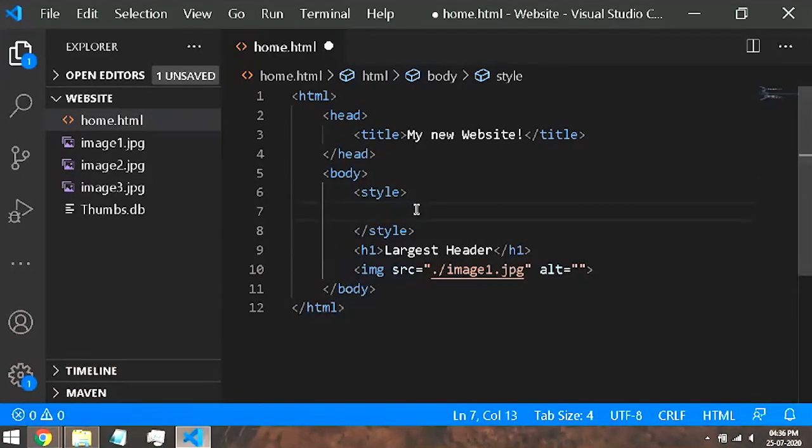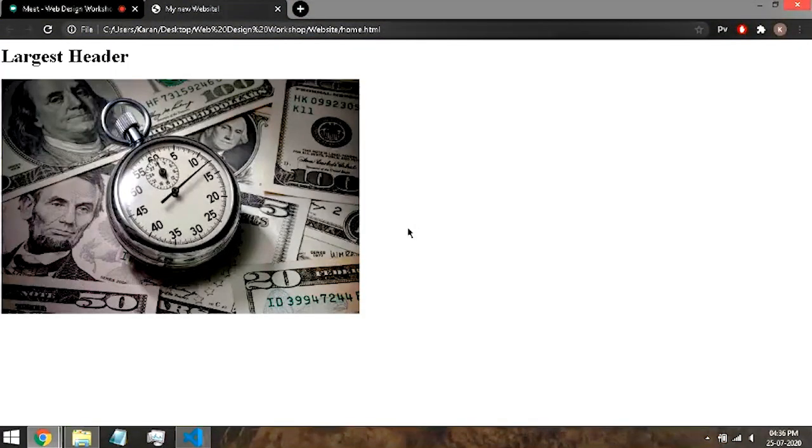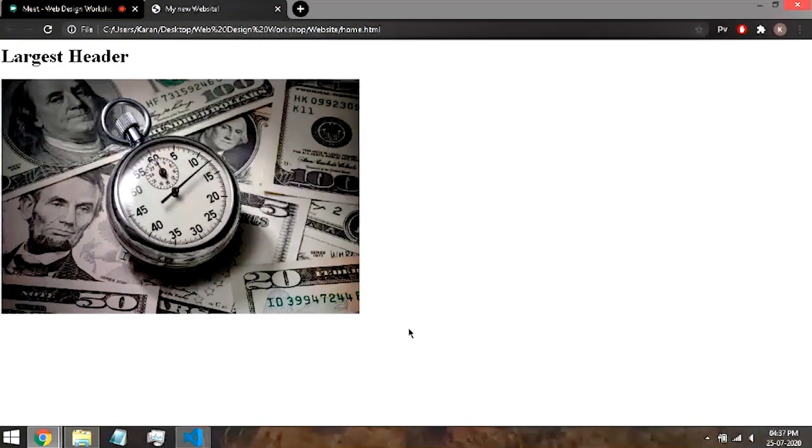In the style tag, as I was saying, if you want to include CSS into your web page, there are multiple methods, and the easiest method is to include style tags into your web page. First of all, let me tell you what CSS is. This is a very basic website, and the websites that I showed you in the beginning were looking pretty good, and most of the code of that website, like 80%, was CSS and only 20% was HTML. So keep that in mind. To make a website look good, you have to have good knowledge about your CSS.